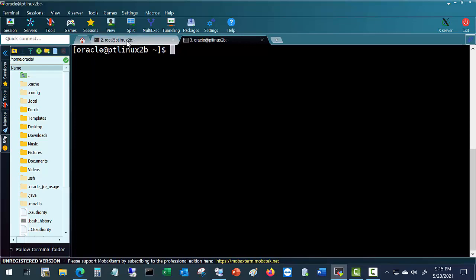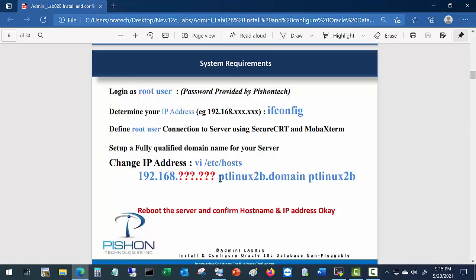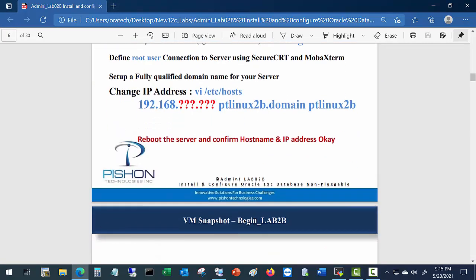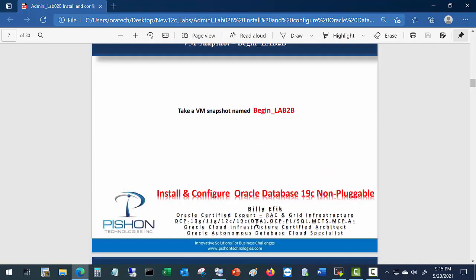Now, all the root user does is to ensure that the server is properly named with a fully qualified domain name. And there's the name right there, fully qualified domain name. And we ensure that the right IP address is in the host file. Next, we are going to take a quick snapshot of our server. Before we begin, we're going to call the snapshot that name,